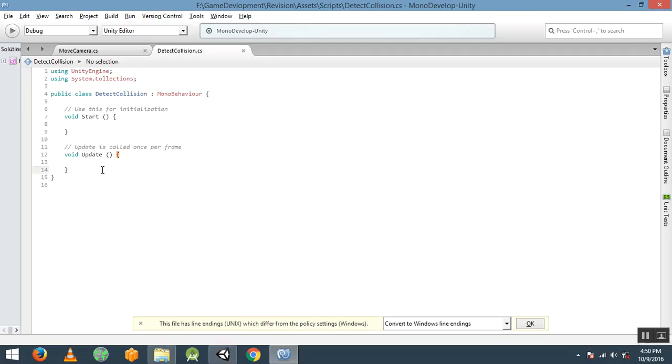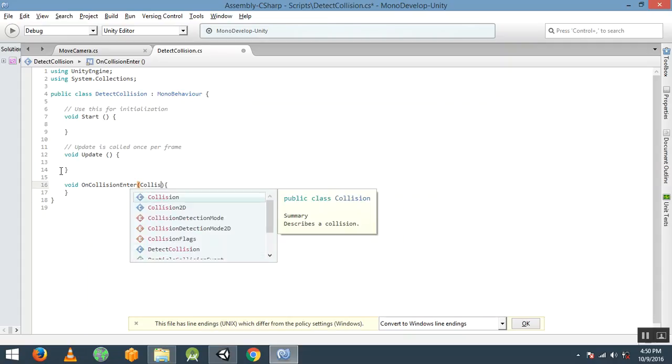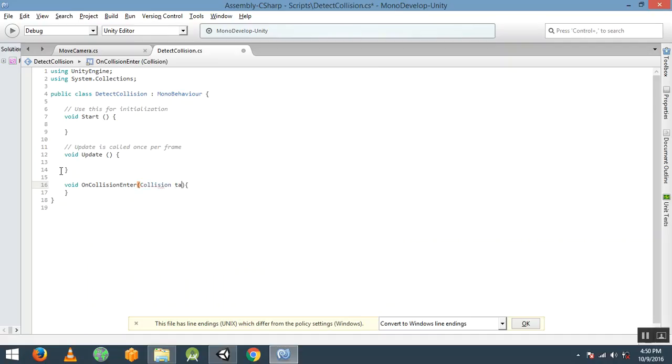Now you are familiar with the Start function and Update function. For collision detection we use a built-in function and override it: void OnCollisionEnter. Remember to spell it correctly, OnCollisionEnter, and pass Collision and name that maybe target.